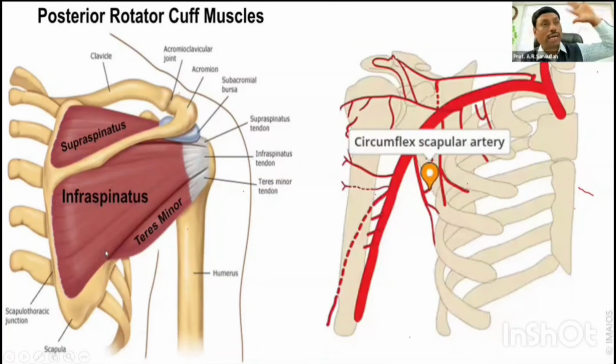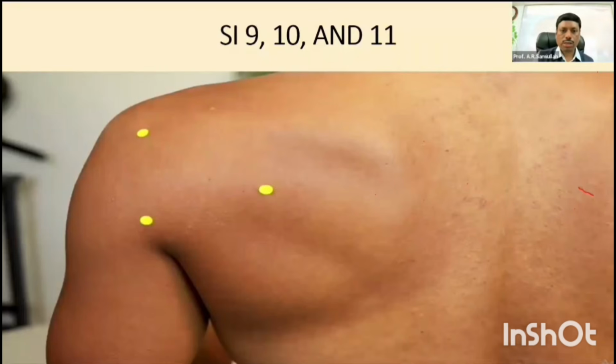There are 3 muscles on the backside of your scapula. One, the back of the shoulder, is teres minor. Remember. Then infra means below. Below the spine is known as the infraspinatus. Above the spine of the scapula is the supraspinatus muscle. Then the muscle at the superior border of the region is called the levator scapula. Now the points are coming here. Let me see where the circumflex scapular artery is also moving here.